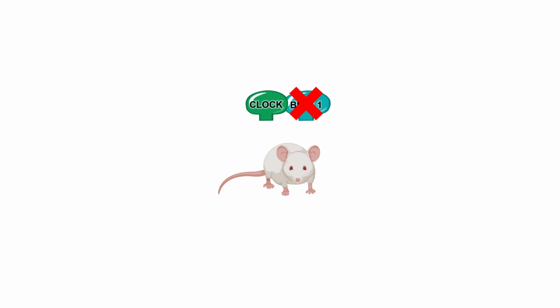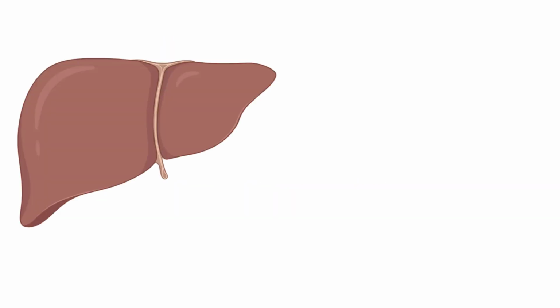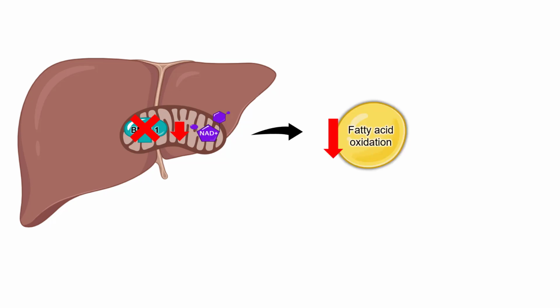Let's look at the role of NAMPT in mitochondria. When an animal fasts, it oxidizes fat to form ketones and produces ATP in a process called fatty acid oxidation. In mitochondria from the liver of mice that lack the core clock gene BMAL1, scientists found a decrease in both NAD+ and activity of the oxidative pathways that carry out fatty acid oxidation. BMAL1 knockout mice die after relatively short periods of food restriction compared to wild-type animals. The sensitivity of the BMAL1 knockouts is believed to be due to a decrease in the ability to oxidize their